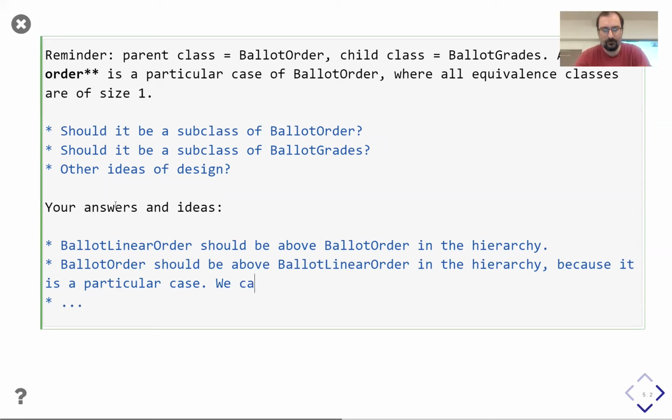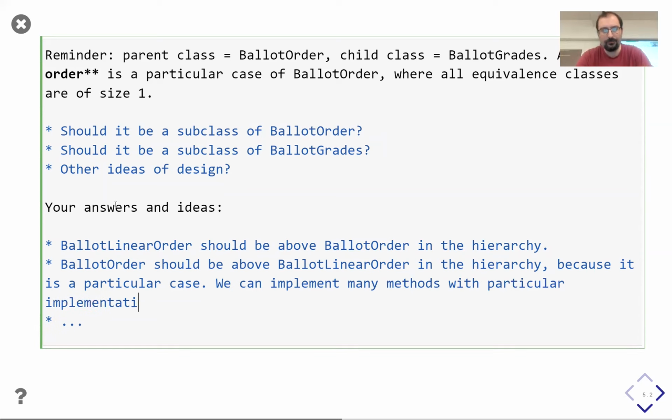But when you have a particular case, it's a subclass. So we have to see the difference with the order grade discussion and the principle. What is the difference? Yeah, it's a good question. That's why I think this example is interesting.